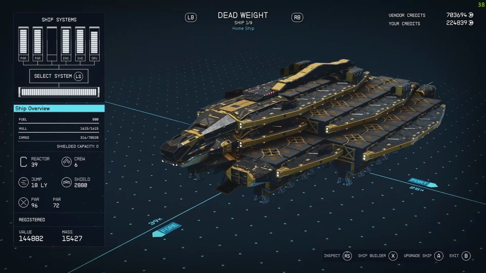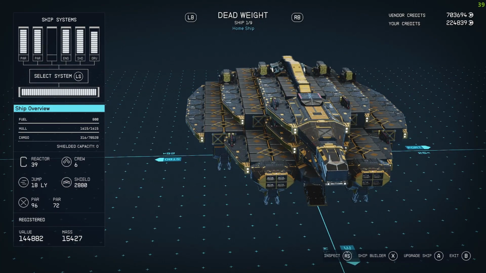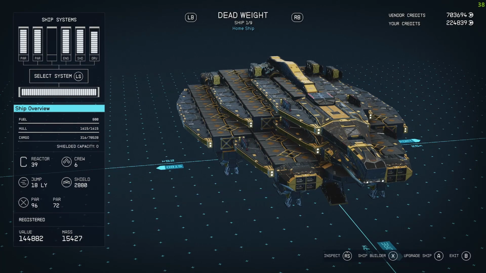So this is kind of an end game ship. As you can see, the vendor credits here is 703,000, so it won't be far off that. It was probably around 670 odd K to build this ship, but it's totally worth it for the amount of cargo it can carry. So cargo capacity. The statistics I'm reading do take into account my skills, which is an extra 20% cargo,